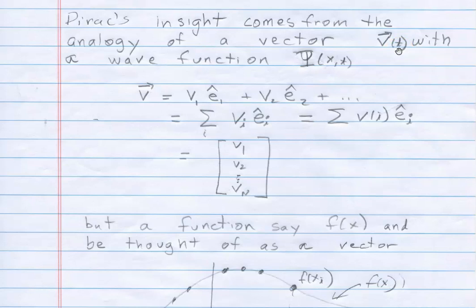And for lots of processes, it's more useful to think of the vector as a whole, as an entity in and of itself, particularly in writing the basic formula and maybe doing some preliminary calculations before you break it down into its individual components. And the velocity vector can be broken down into its x, y, and z if it's Cartesian coordinates, and usually you represent that a little more conveniently: e hat 1 is i hat, e hat 2 is j hat, etc. And so v1 is the x component of the velocity, v2 is the y component of the velocity, and so